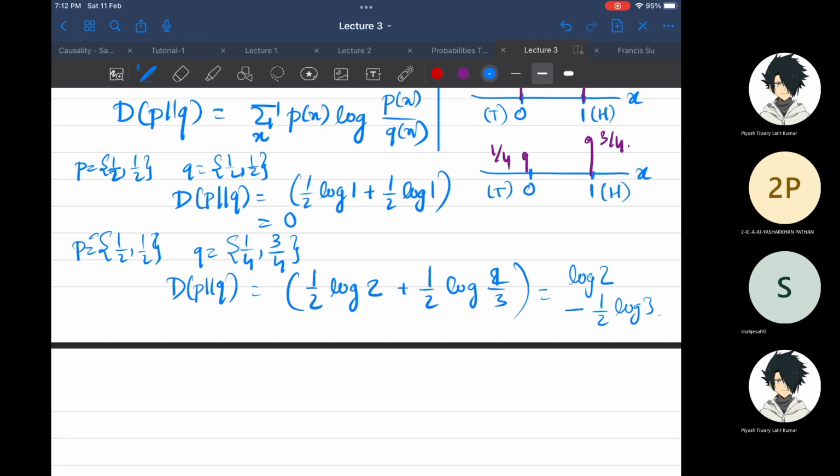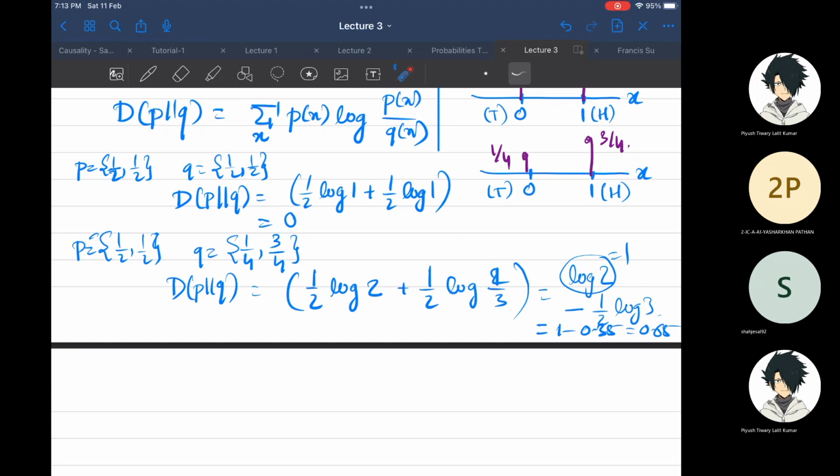And I don't know what log 3 is. I think it's 0.7 something, right? And if I'm not wrong, I think it is 0.7. And if log 2 is equal to 1, then 1 minus half of 0.7, which is 0.35, I think it's 0.65. Okay, whatever this number comes, I might be wrong, so maybe check. But I hope you can see that it won't be 0.